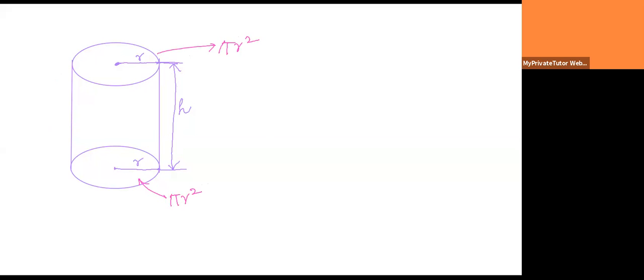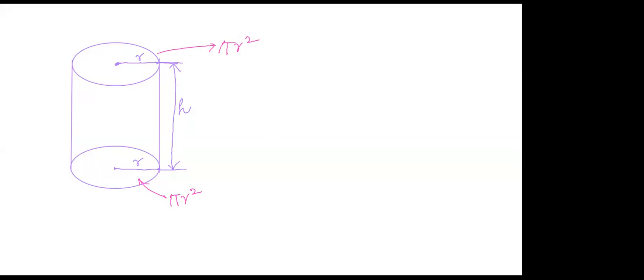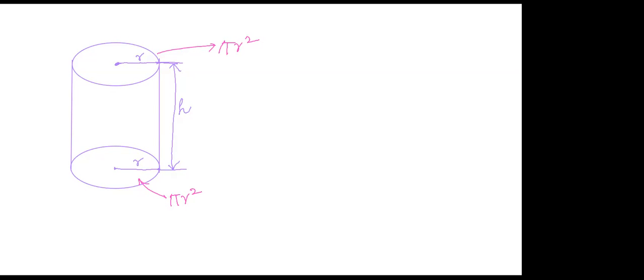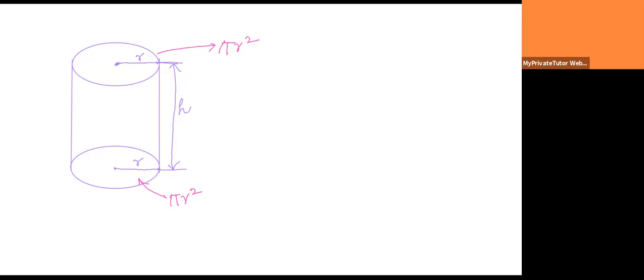How do we find the area of a rectangle? Length times width. Here the width is not there, we have a height, but instead we can find the perimeter, which is nothing but the circumference. So it is 2 pi r h, where 2 pi r is